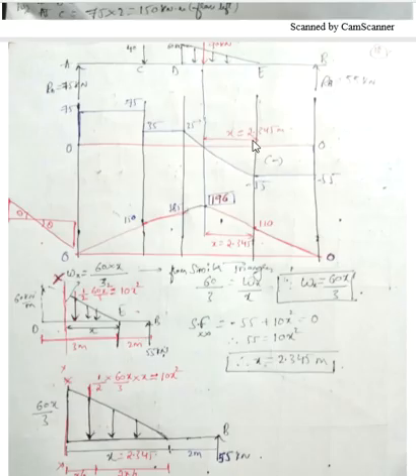Now we need to calculate a distance or a point where shear force is 0. For that, I'll consider from this point to this section as x, and I need to find what is the value of x. Now why am I considering from this point only as x and why not from here? Look at this again, the reason is the same thing.